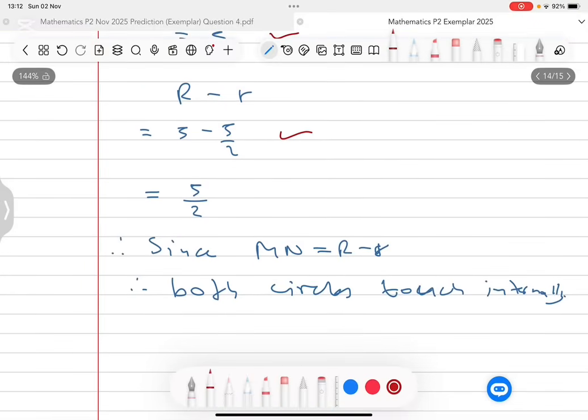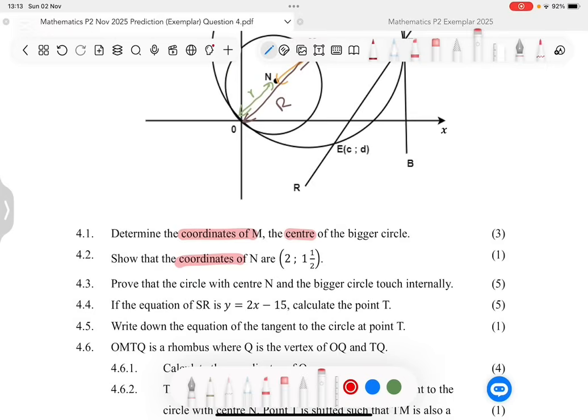And the last mark will be you answering the question, analyzing the two answers to say that since MN and R minus r are equal, therefore those two circles must touch internally. Very interesting question. The next question here, which is 4.4, says to us that if the equation SR is given